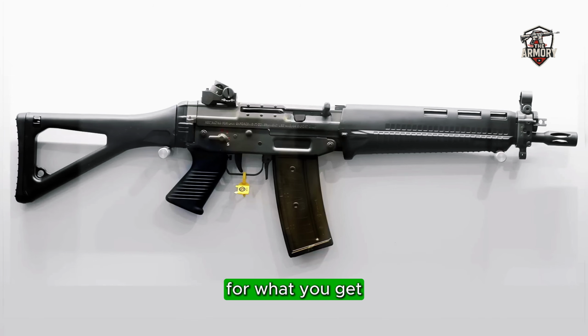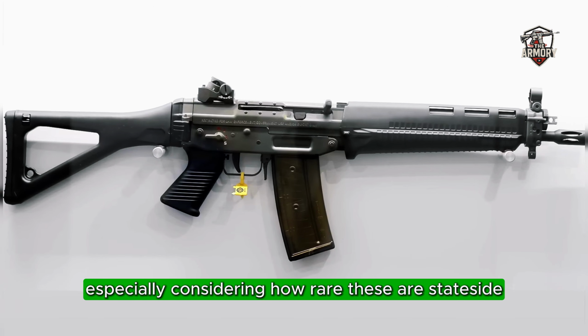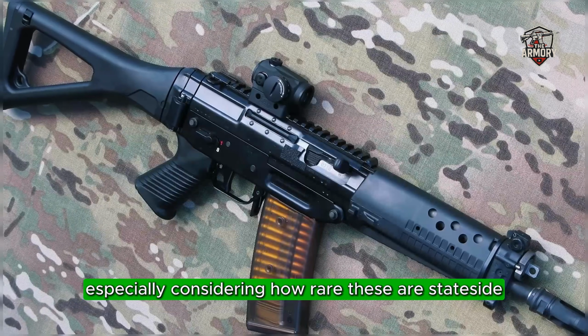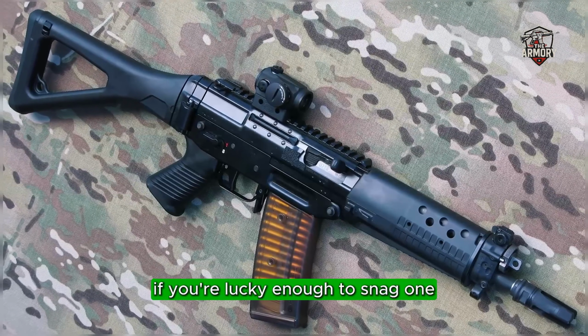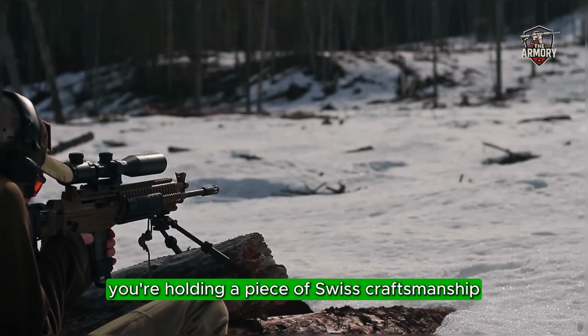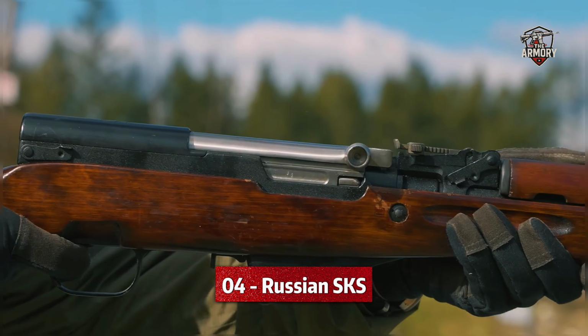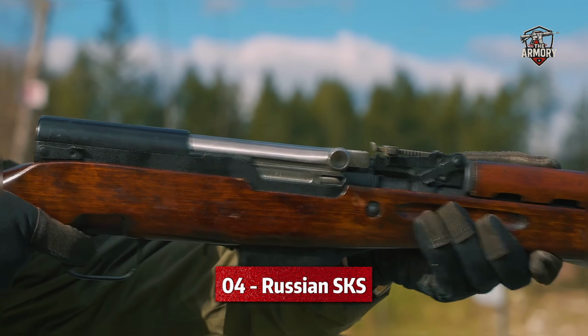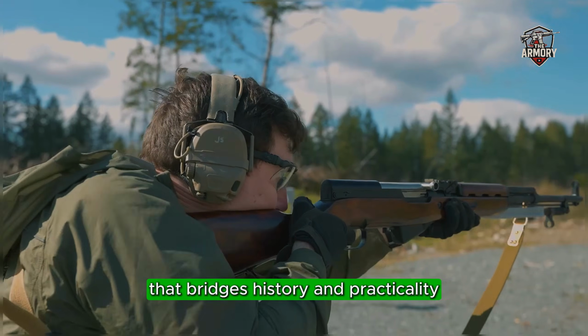For what you get, the $1,130 price tag is shockingly good, especially considering how rare these are stateside due to import restrictions. If you're lucky enough to snag one, you're holding a piece of Swiss craftsmanship that rivals anything else from the 20th century. Closing out this batch is the Russian SKS, a Cold War classic that bridges history and